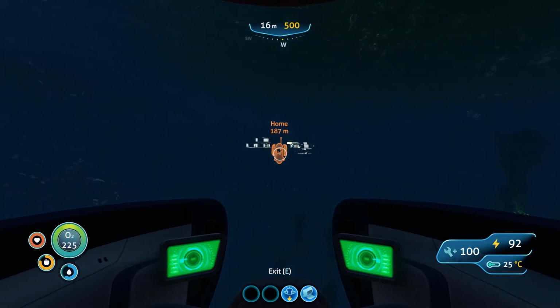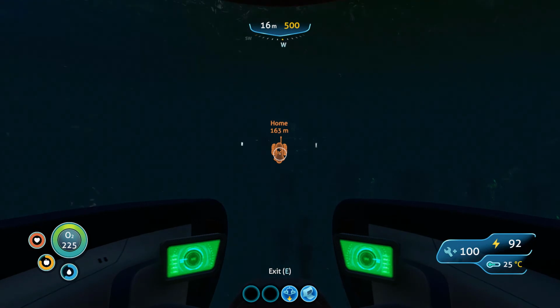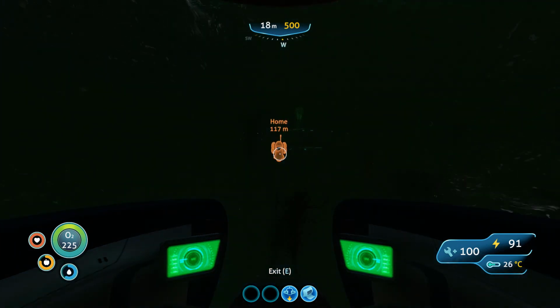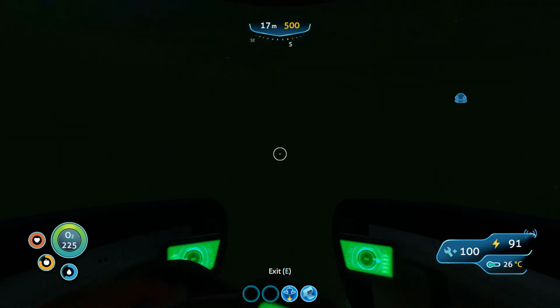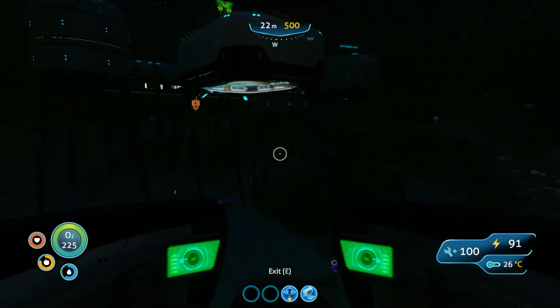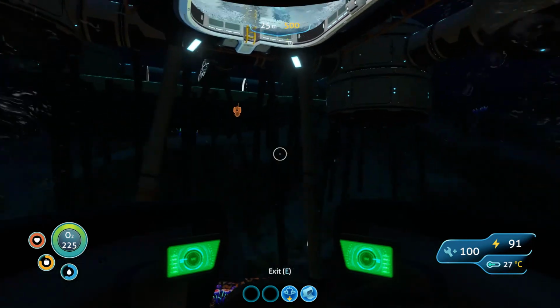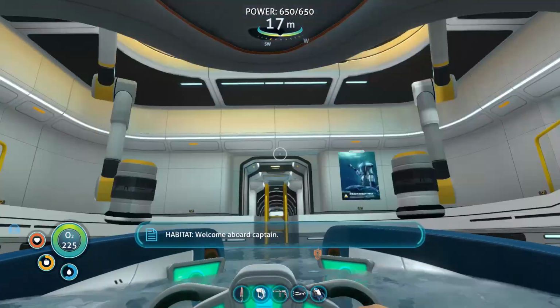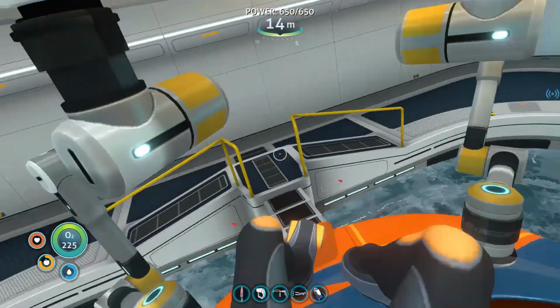Now, I actually had to kill that one before in another game because I had damaged him just because I was messing around. But he actually started coming towards my base because when most animals in the game get damaged, they run away. The Reaper Leviathan is no different. So I damaged it, and it actually started coming towards my base. And I had no intention of killing him. I was just messing around. I was testing out the